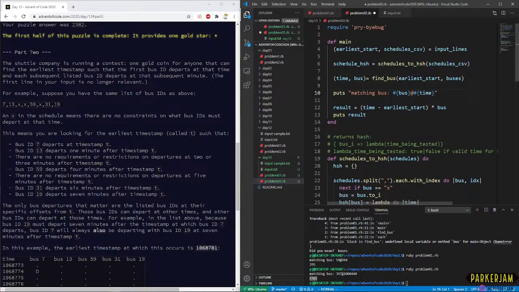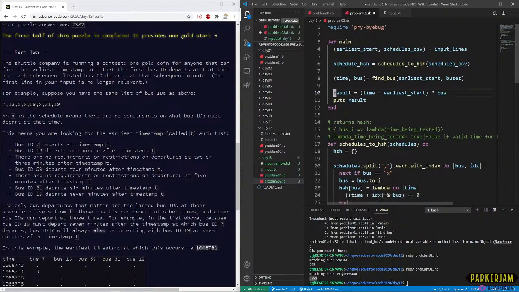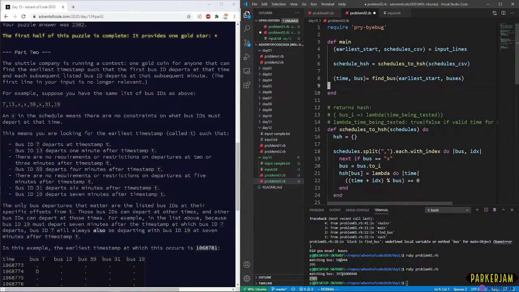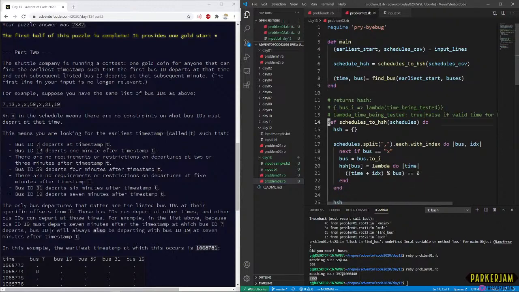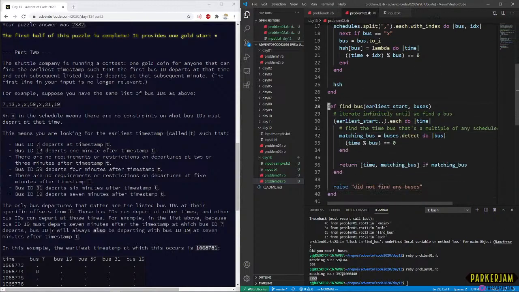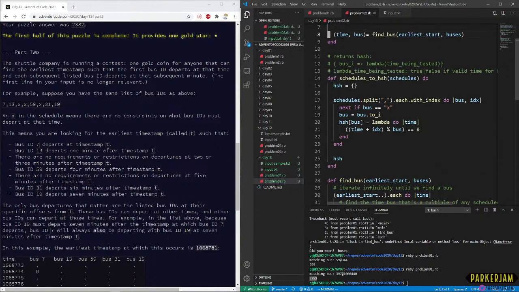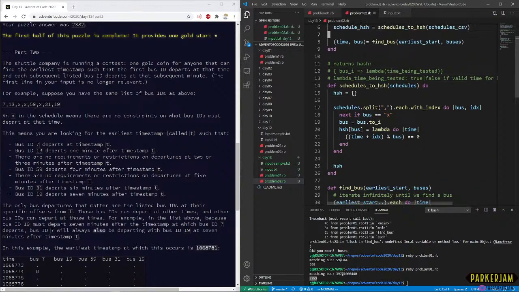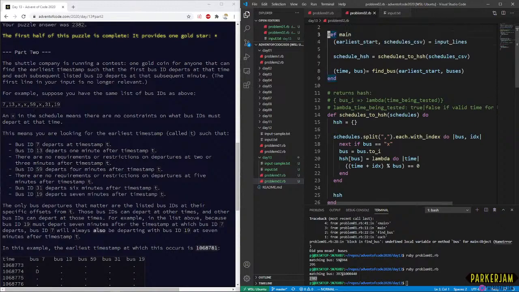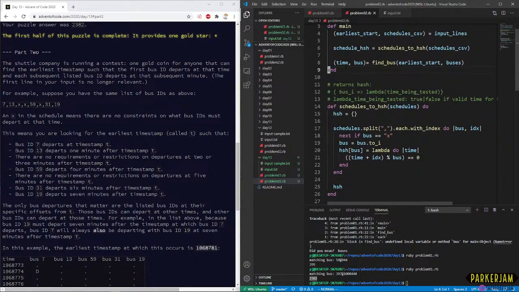Let's adjust, get rid of all of this. Actually, I think find bus entirely. We might be able to reuse some of this implementation. Find matching time.